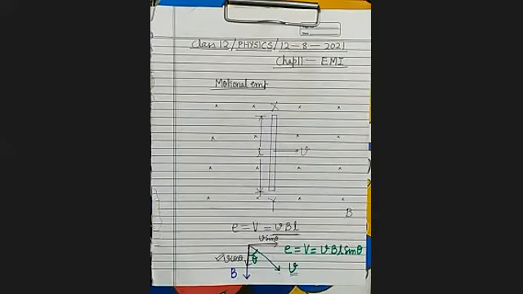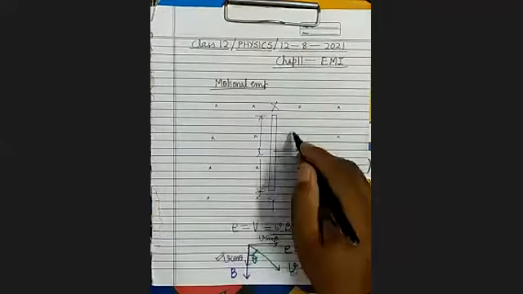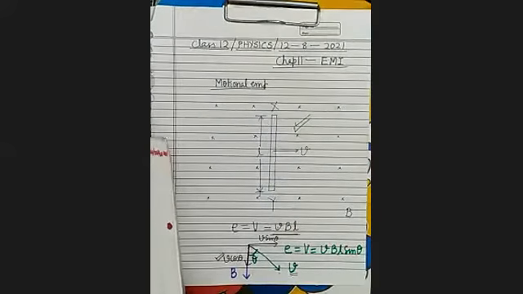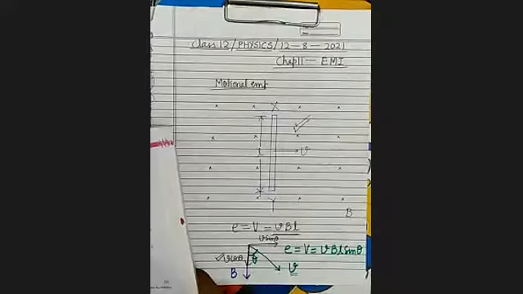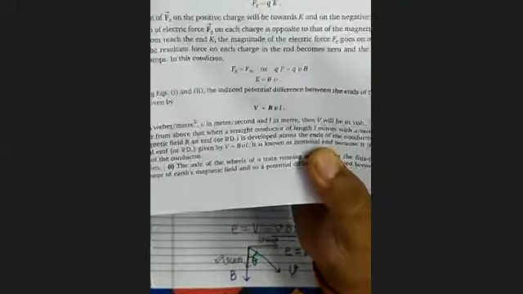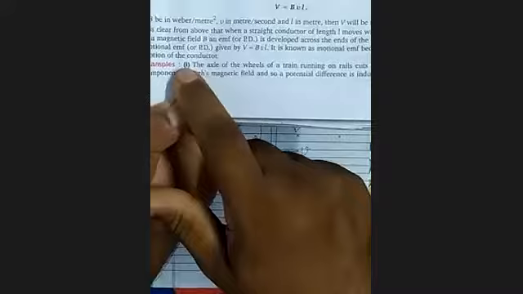So you will remember this thing, that EMF is induced only in that case in which the conductor is cutting the flux lines. Now you can see in your book, page 469, I am showing. You can see examples given here. Here are the examples. Did you get these examples? Yes, sir.